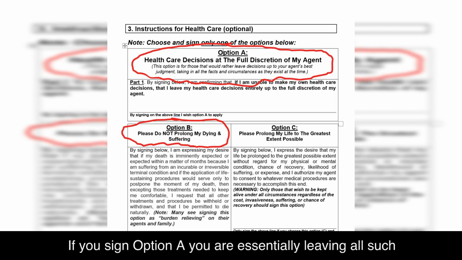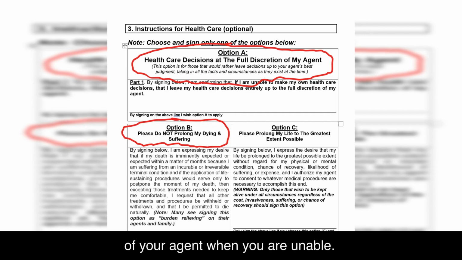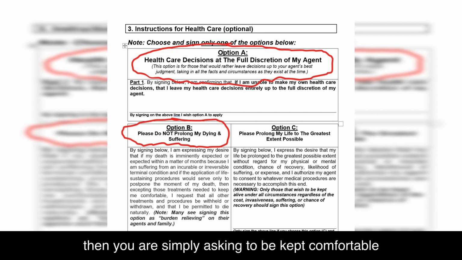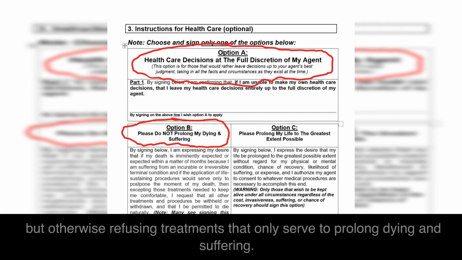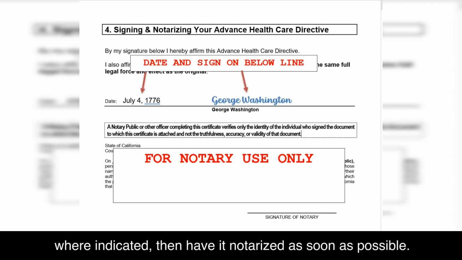If you sign option A, you are essentially leaving all such decisions entirely up to the full discretion and judgment of your agent when you are unable. If you sign option B, which only applies if you are suffering from an irreversible end-stage terminal condition, then you are simply asking to be kept comfortable but otherwise refusing treatments that only serve to prolong dying and suffering. Turning to page 4, you should sign and date your directive where indicated, then have it notarized as soon as